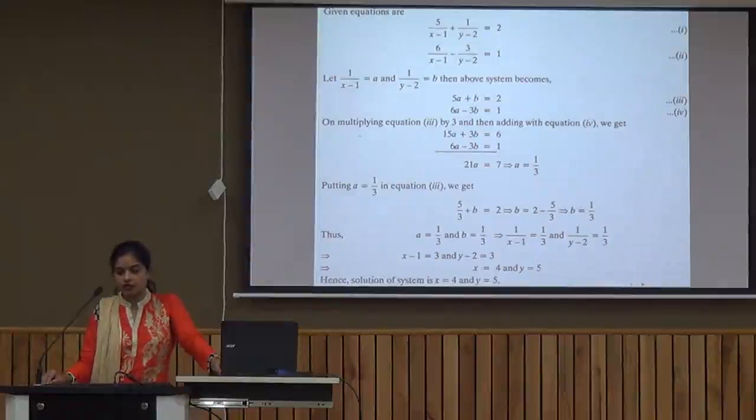So this is the method how will you reduce the equation when the equations is in the form where variables are in denominator term. In this way, by letting that variable, that fraction, to any other variable or a constant, we can find the values of variables.